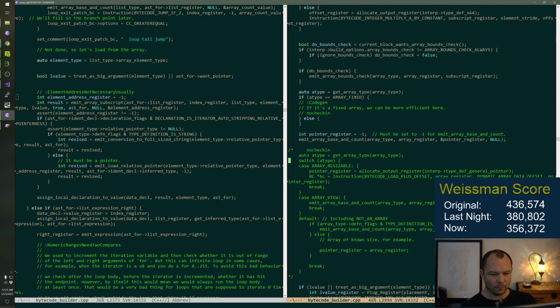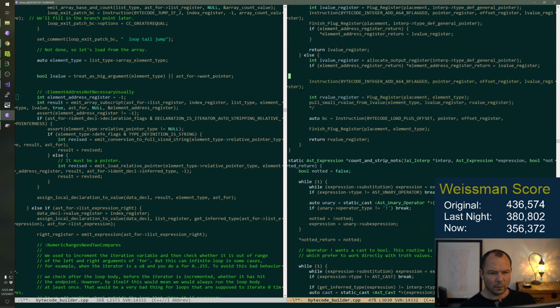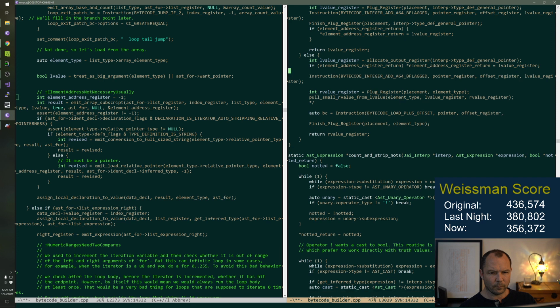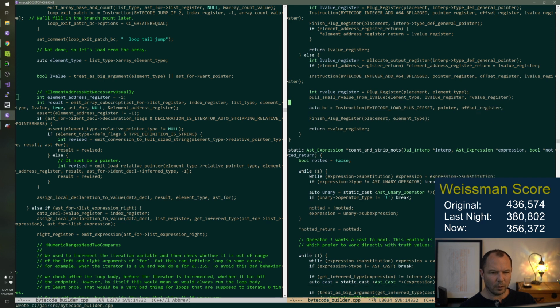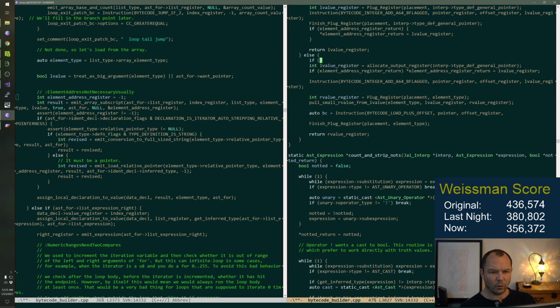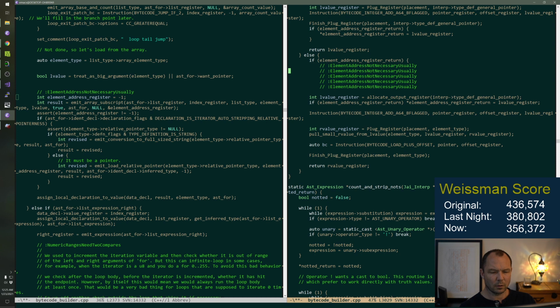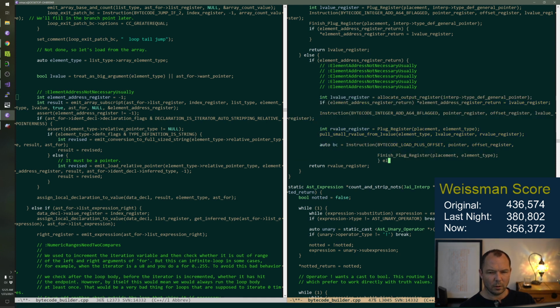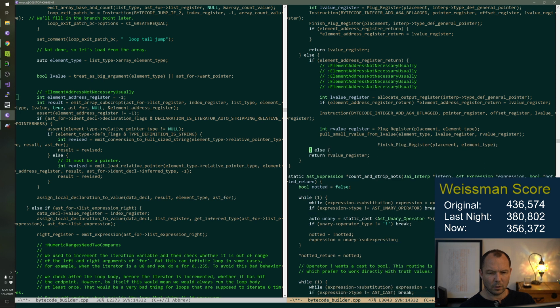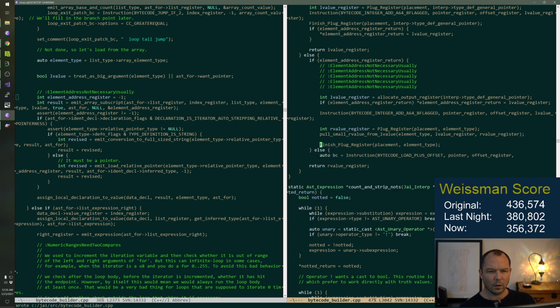We're going to say if they want the element address, we're just going to do all this stuff. That's all only for this one case right here that we could probably do differently. So this is a bunch of garbage code that hopefully we're going to get rid of. Okay, great.